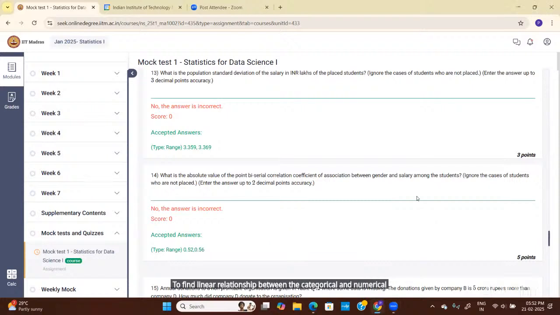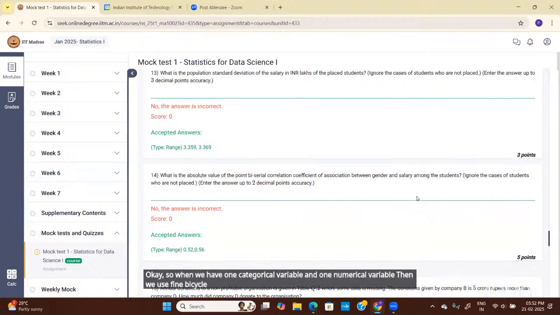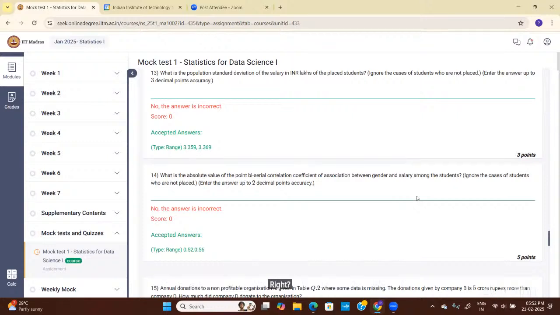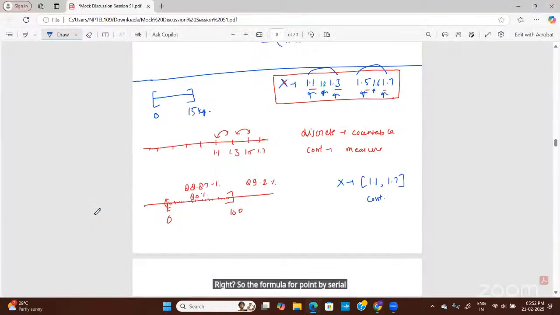Okay, so when we have one categorical variable and one numerical variable, then we use the point biserial correlation coefficient to get an idea of the relationship between those two variables, right? Yes, ma'am. So the formula for the point biserial correlation coefficient is